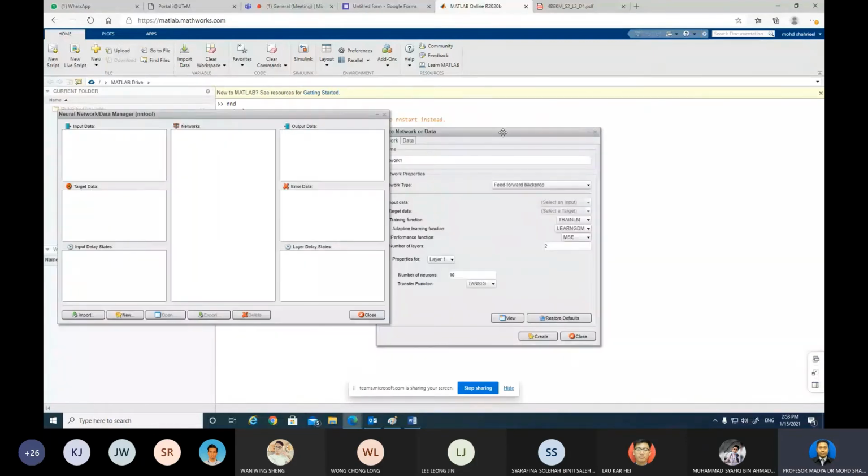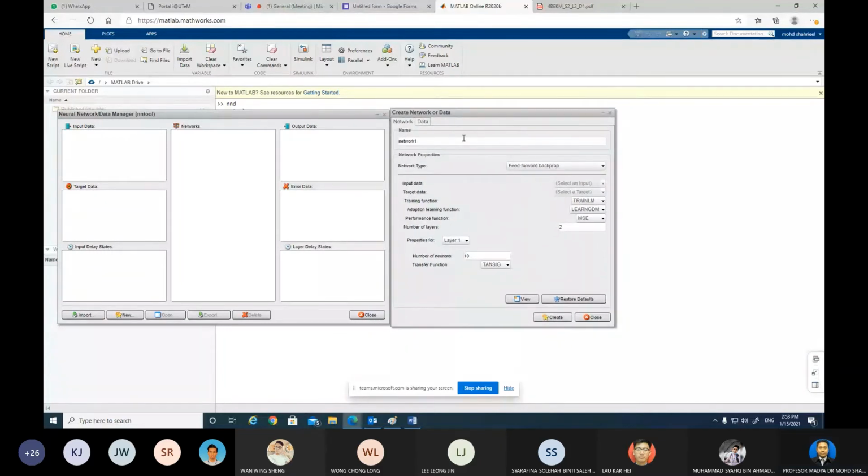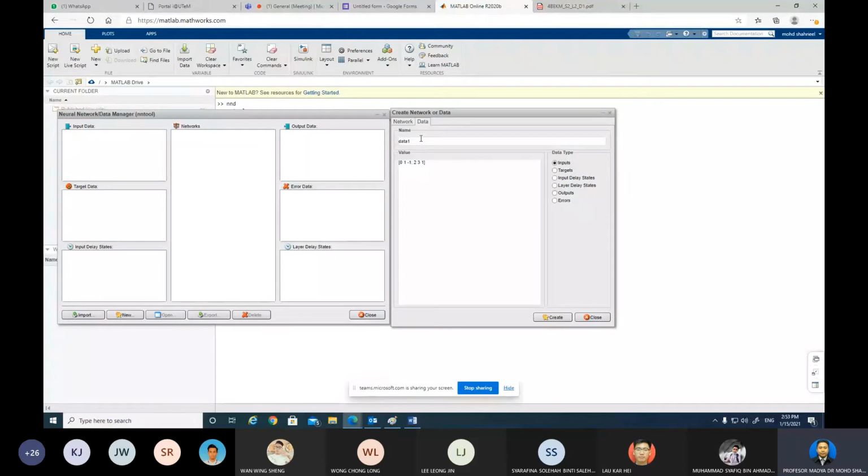I change this one, okay, and this one will appear. All right, so we create the network data first. We have to dimension 3. In step number 1, we have to set the inputs and outputs. For example, for the input, you can see it on my notes in the Word file. The input will be 1 1